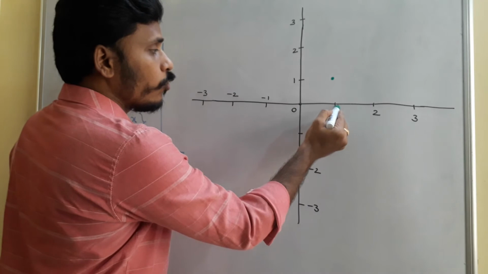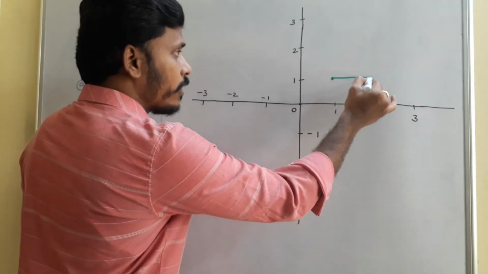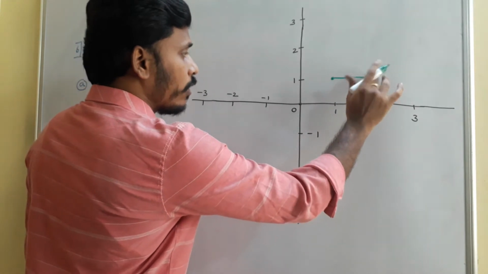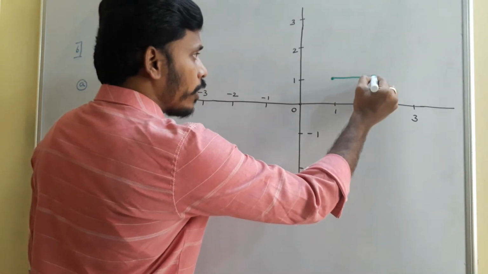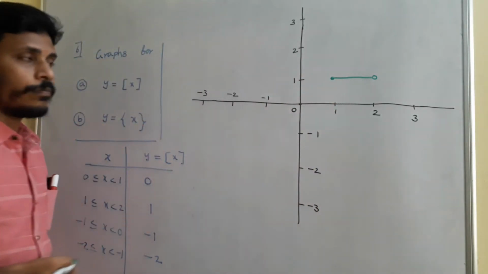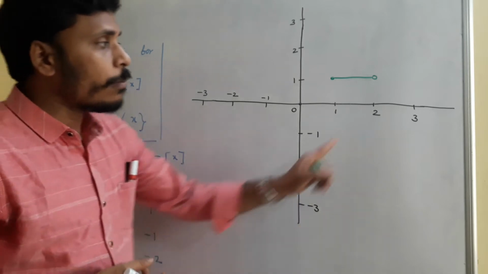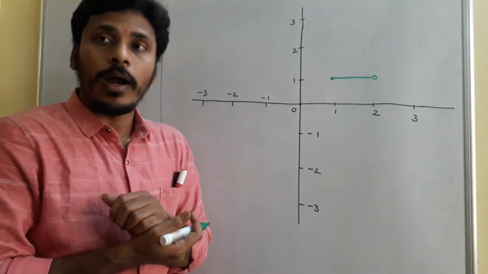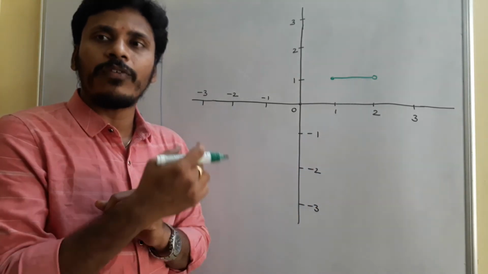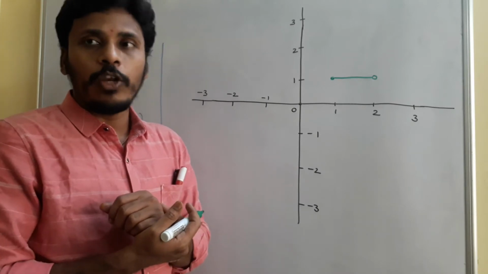And then if you take any value in between 1 and 2, again the step value is 1 itself. But at 2, the step value is not 1. So that's why you need to take here one open circle and here one closed circle. Okay. In between 1 and 2, the value is 1 only. Whereas for the values in between 2 and 3, you just take 2.1, 2.2, 2.3 or 2.41, any value like that.